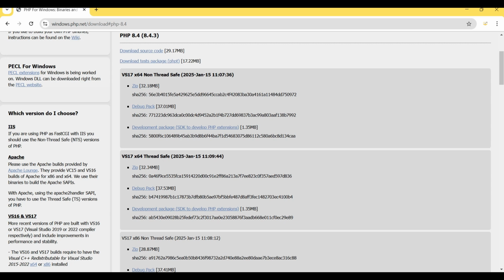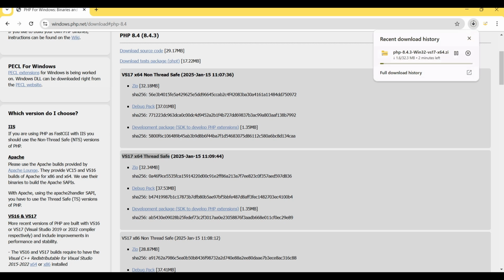and then I search for the thread safe latest version of PHP. This is the thread safe latest version of PHP. I click on zip, then it downloads the zip file of the PHP binary package,